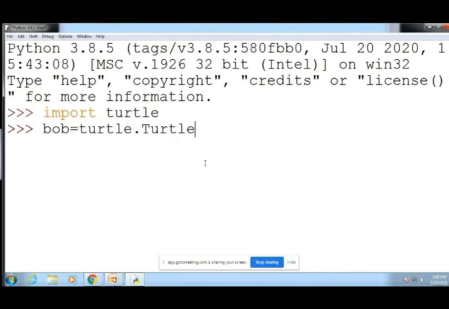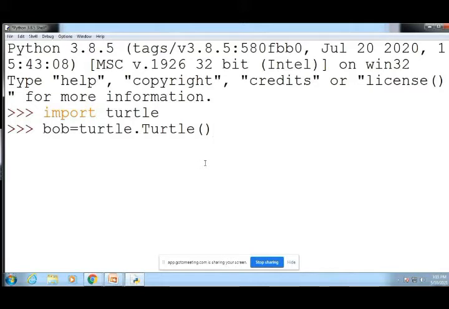Okay, it is a function to create the interface of the turtle.